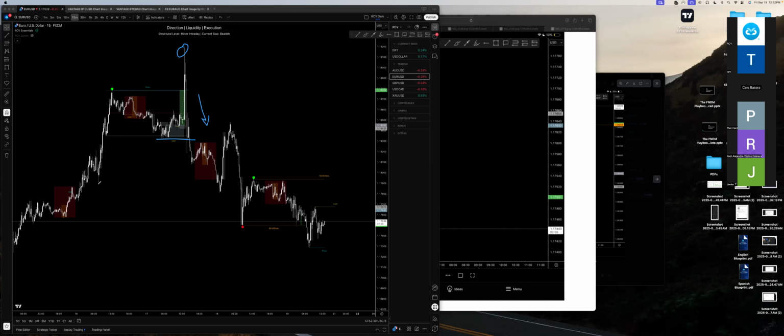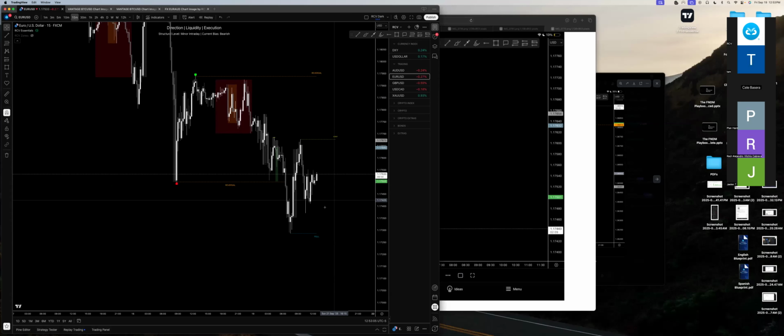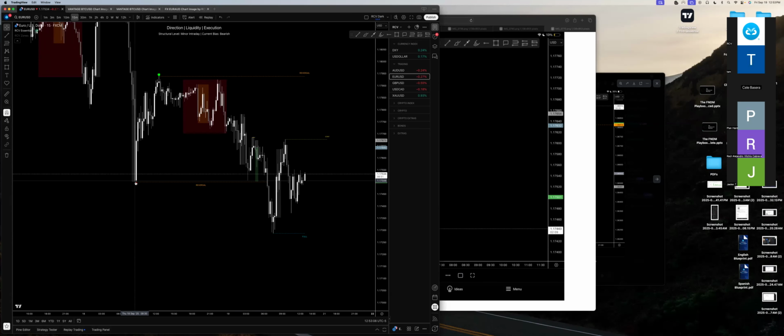But as soon as we sweep here, and then we have, whether you call this a structural disruption or an LGC depending on the time frame you're looking at, we now have an internal bearish structural range. Once we have this structural range, I am now extremely bearish on this, at least until we break this high. Unless we then have a delivery down and that new lower high is taken, which would mean it would be bullish if we take this out. But at the time of the trade, we had not taken out the low of the range. So that's pretty much what I was aiming for.